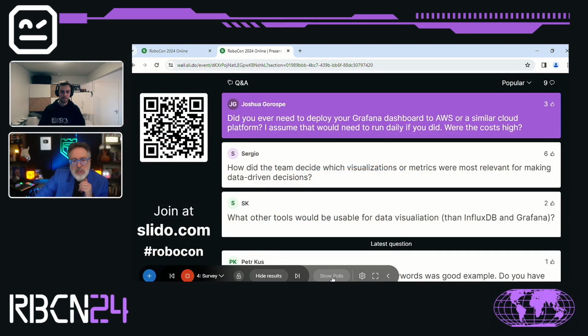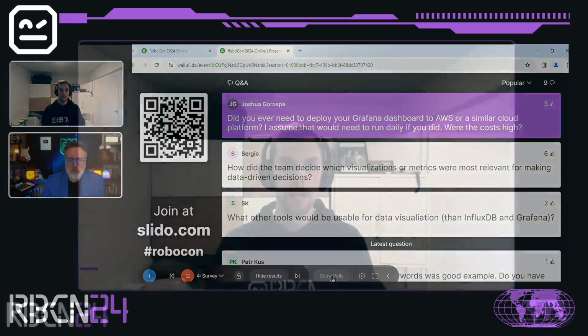Joshua wants to know, did you ever need to deploy your Grafana dashboard to AWS or a similar cloud platform? I assume that would need to run daily if you did. And was it costly to do? We've used only our self-hosted Grafana instances. In my previous project, we did look at AWS managed Grafana, and it was very expensive compared to the self-hosted version.